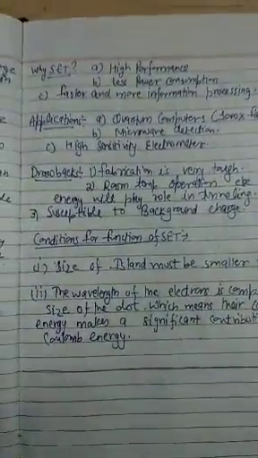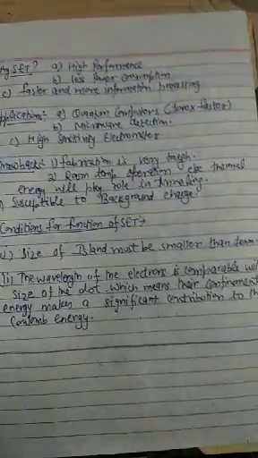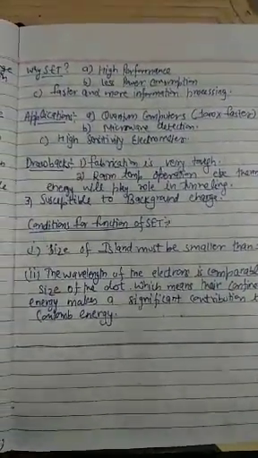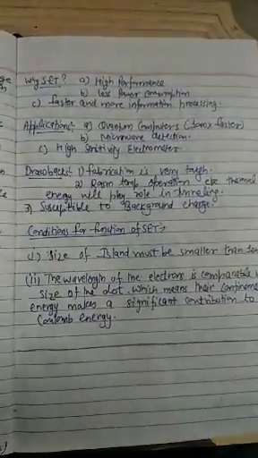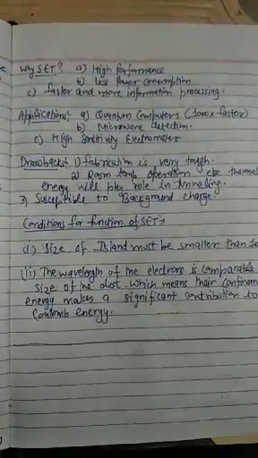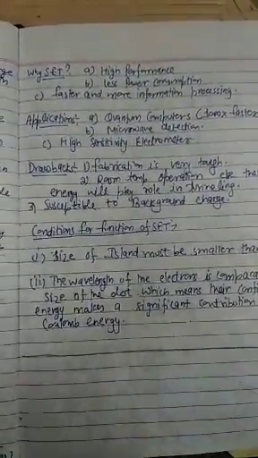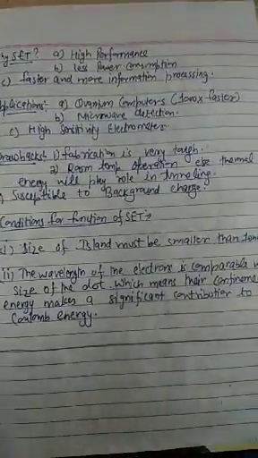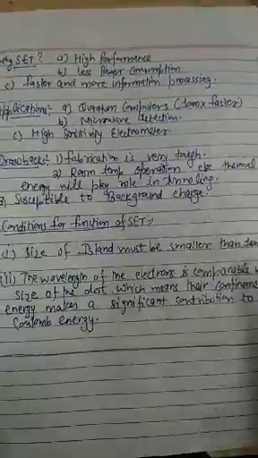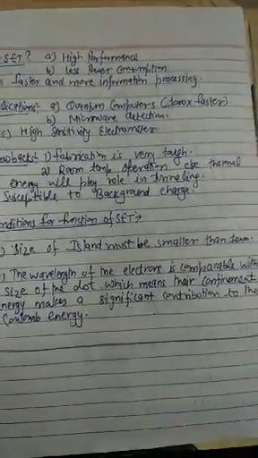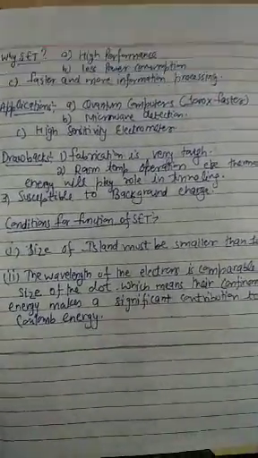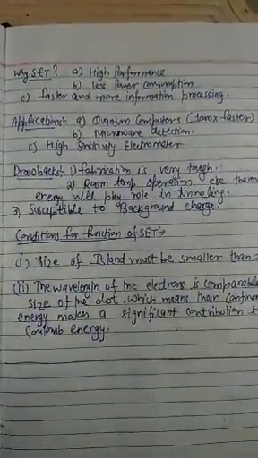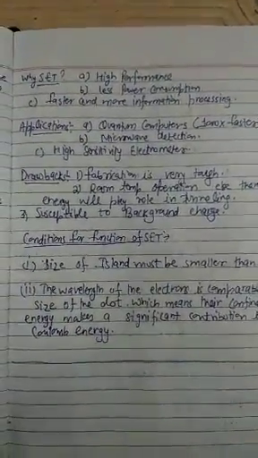Now what are the drawbacks? The first drawback is that its fabrication is very tough. And the second drawback, as we understood in Coulomb blockade itself, is that whenever we are observing the SET or Coulomb blockade, the overall temperature has to be kept very low. Otherwise thermal fluctuations will surmount the characteristic charging energy, which is not allowed in the case of Coulomb blockade. It is also susceptible to background charge.